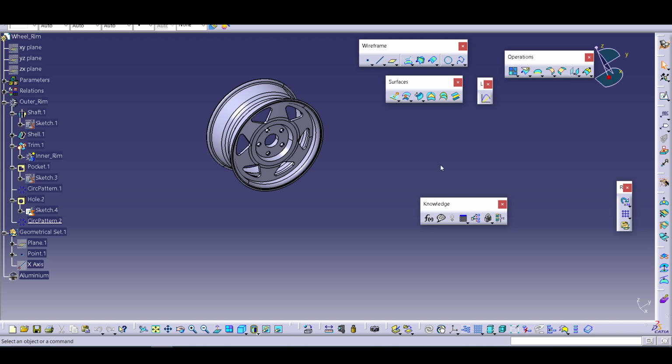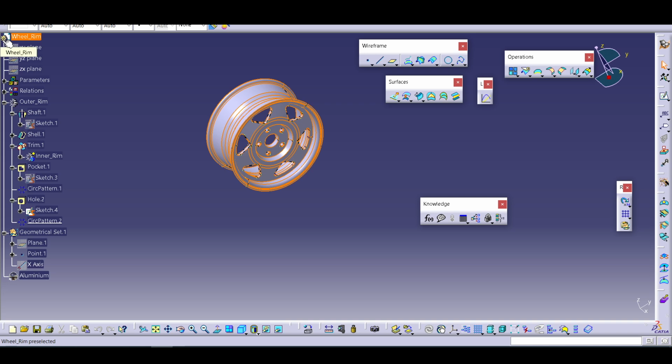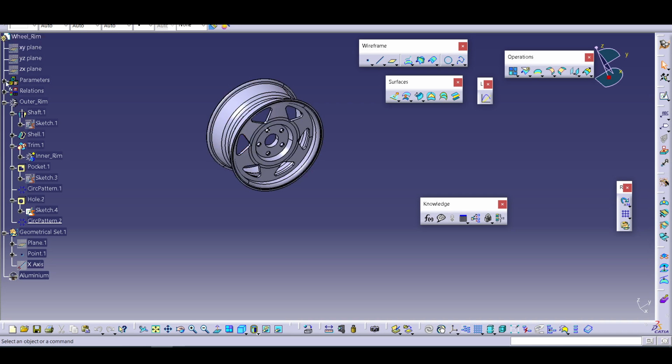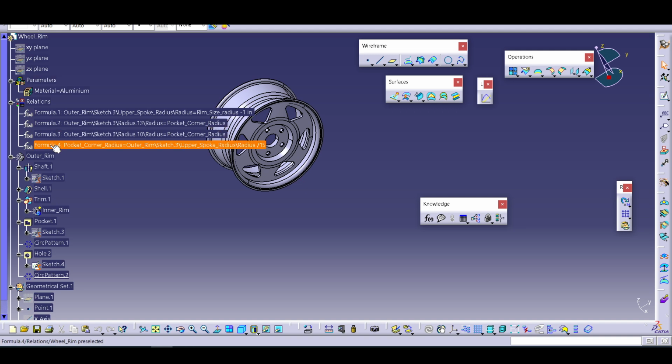A part can be controlled on the basic level using formulas and parameters. You can see there are parameters and formulas. The designer can create a set of user parameters and formulas for a part, so that by changing the parameter, the shape of the part will automatically change. The value of the parameter can then be linked with a design table to simply modify the part as you require